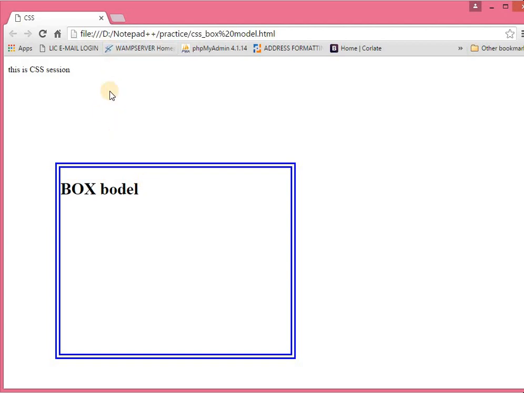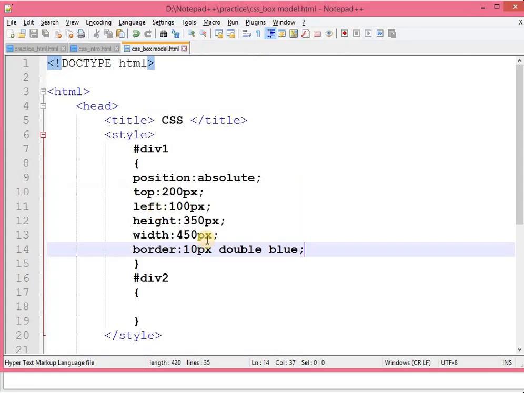And you can see this is at 200 pixels and this is at 100 pixels. From top it is positioned at 200 pixels, so 1, 2, 3, up to 200, so it starts from here, and from the left side it is 100 pixels, so it starts from here.